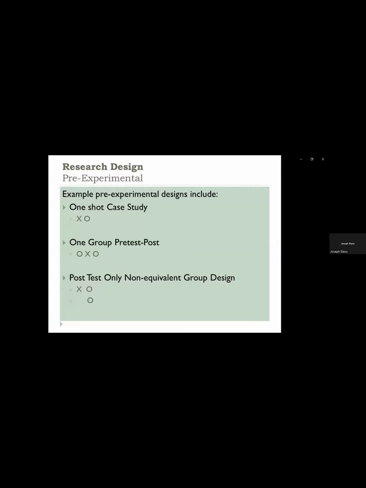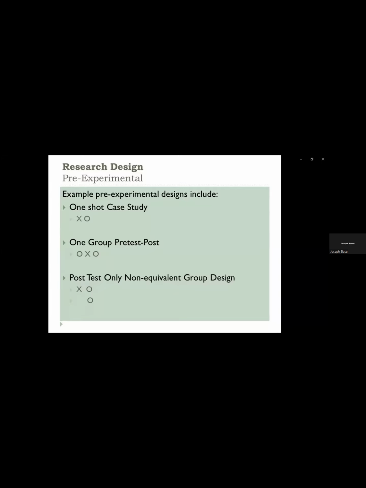Let me give you one more example and see if you can identify the design. Let's go back to our case of Charlie. Let's say Charlie has a group of freshman college students who have an anxiety disorder, and he gives them an anxiety intervention, and it helps them reduce their anxiety about their academics or in their classes. And then he post-tests to see if there is a decrease in their anxiety. Again, the problem is if he has one group, he does the intervention, he measures them, it may not be the treatment that actually caused the lowering of the anxiety. So again,